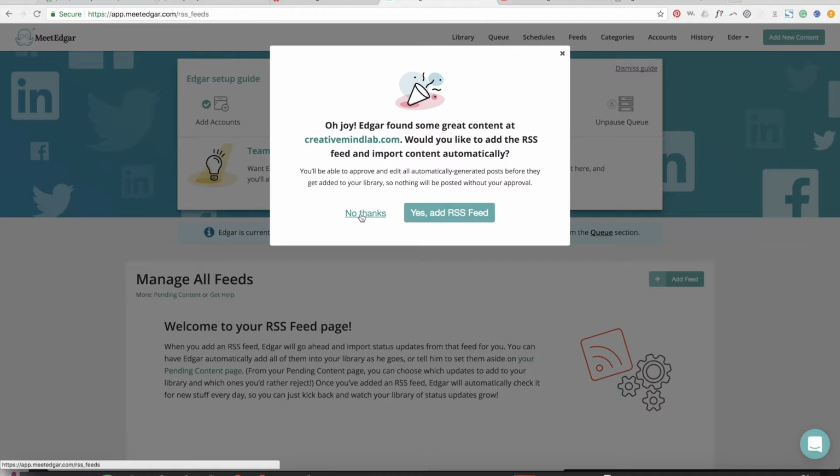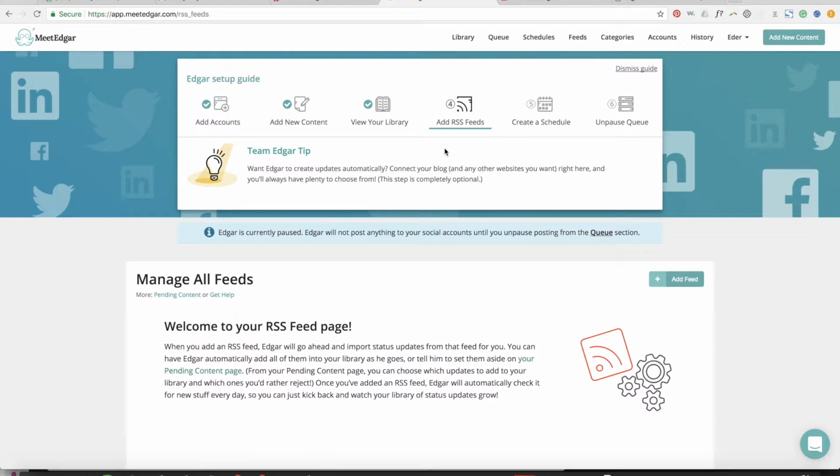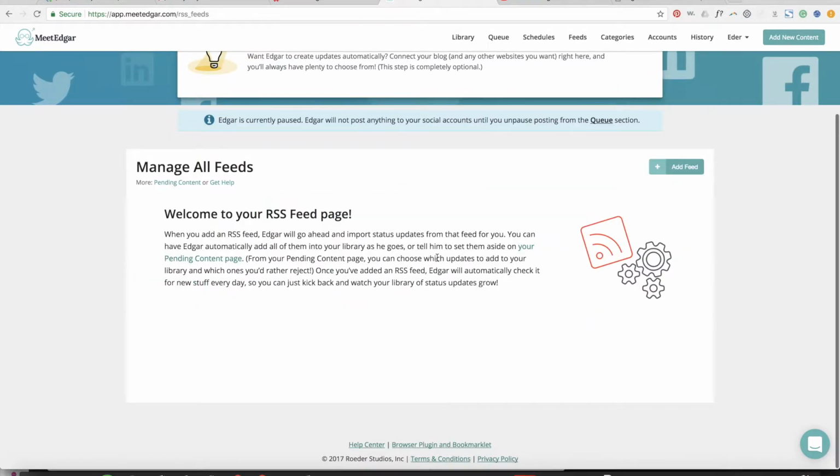I can actually connect an RSS feed. You can add an RSS feed, but right now I'm just gonna leave the RSS feed alone. Pretty much what an RSS feed is this: anytime you post something on your website, it automatically brings it to